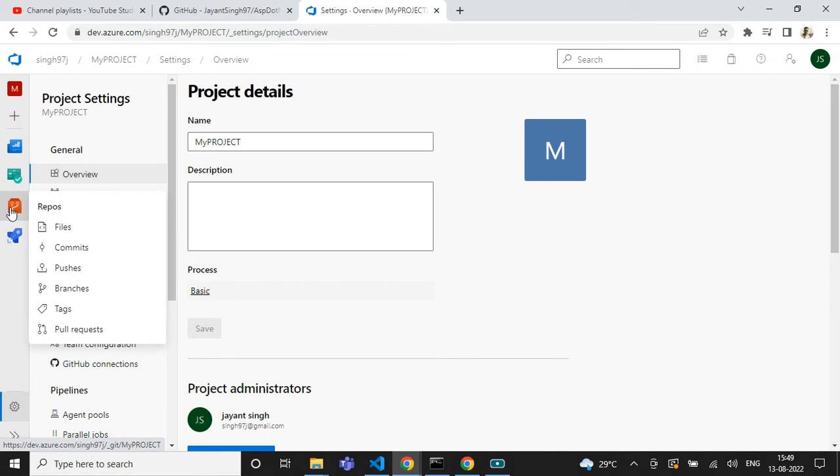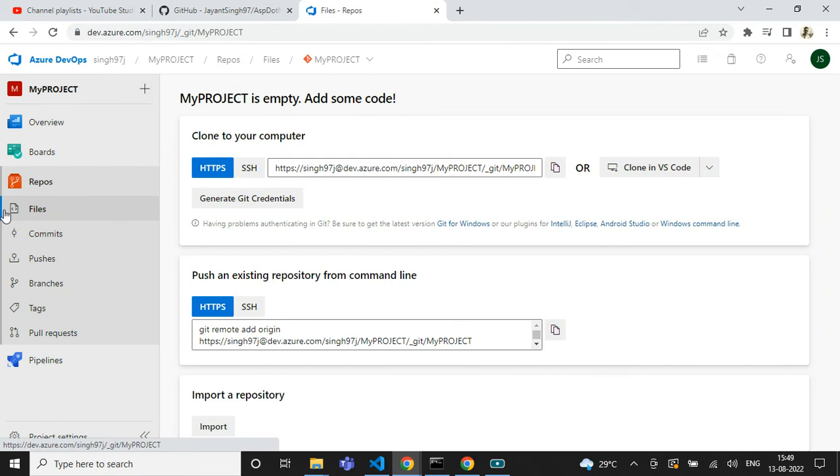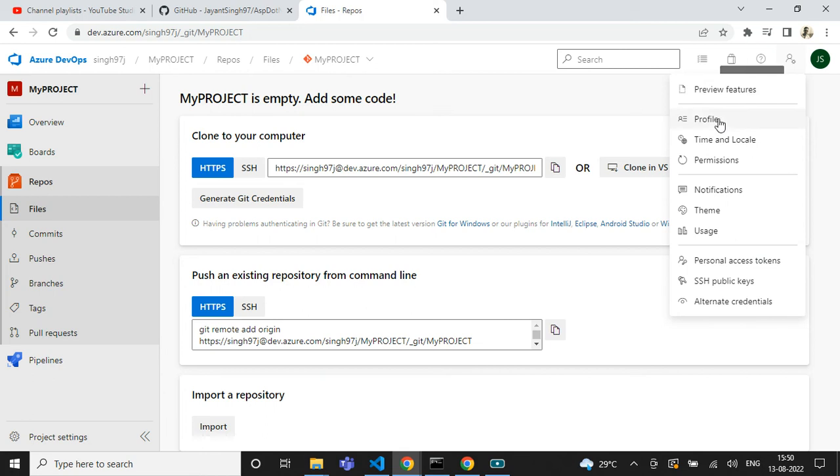In the next video we are going to cover repos. What are repos, and what are the services inside the repository. Repository in the sense is a code management service. It is a central point for storing your code and maintaining the version history. And from there you can take your code and your branch to your respective environment. If you come to repos, there are many things, so we'll cover that in the next video. Hope you have understood a little bit about configurations of